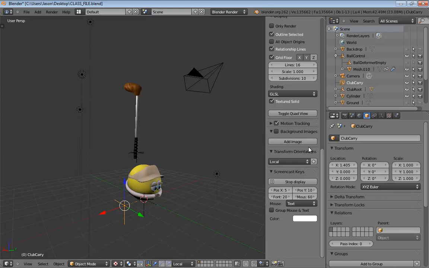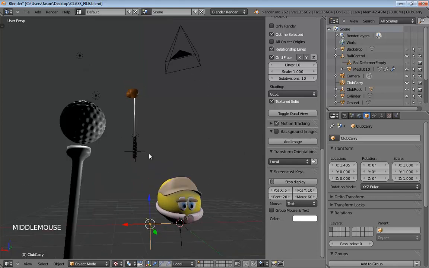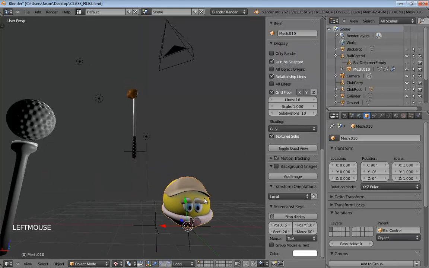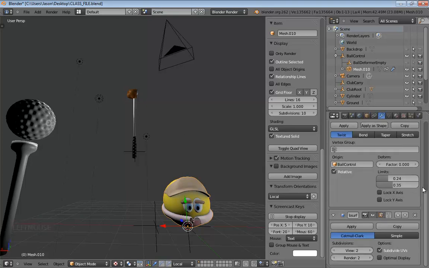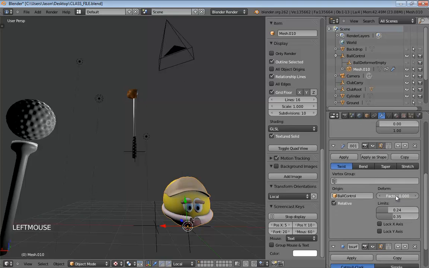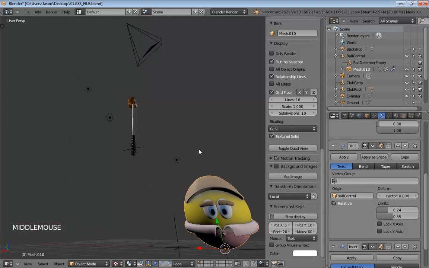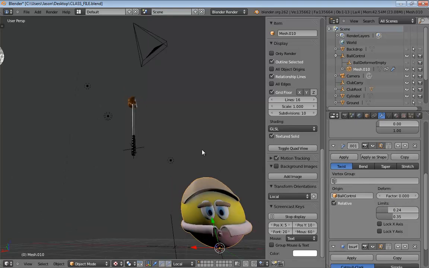Somebody said, should the character be twisting to his left slightly? It doesn't make much of a difference right now. Once we set up our final controls to drive that twist, then all of that's going to come out in the wash. So if right now you've got a little bit of twisting going on, you should probably just check the factor of your modifier. You probably have a factor of something like 0.35 or something crazy. If it's slight, it's probably 0.1. But that's really all it is. If you set this back to 0, then your character should, hopefully, be looking dead forward.